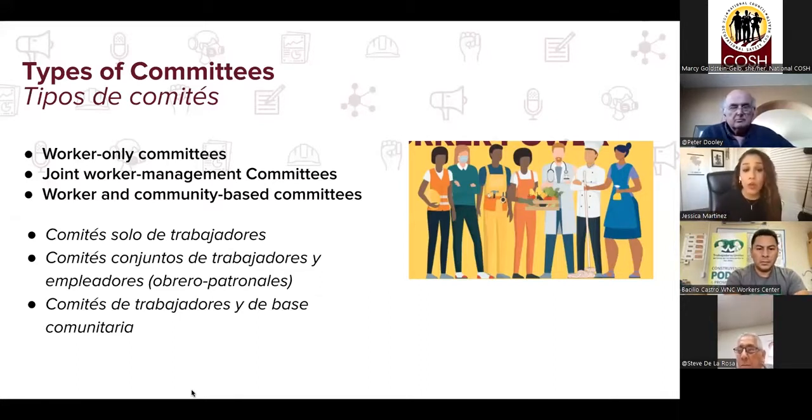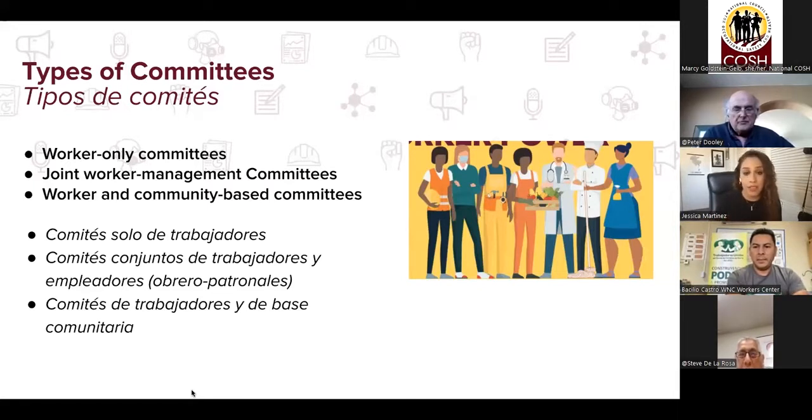While there are legal and contractual ways to establish committees, workers who face serious hazards shouldn't wait for these formal committees to be set up. For a committee to exist, all it really needs is a group of workers who are willing to organize and fight for safe working conditions. And workers within a committee could organize themselves to start the committee.